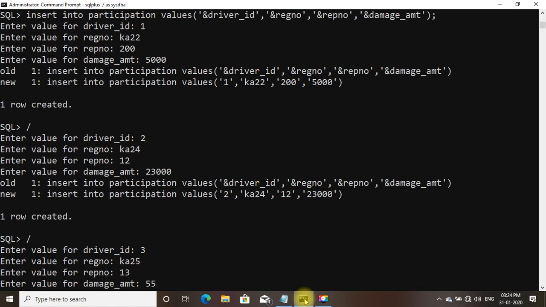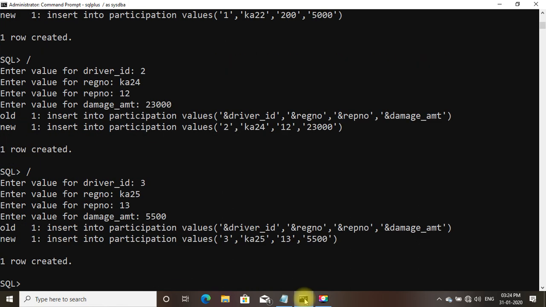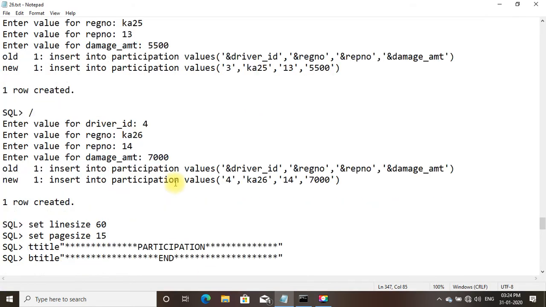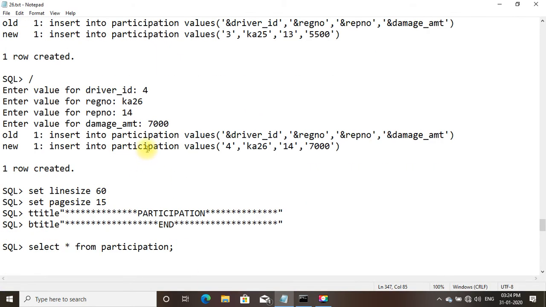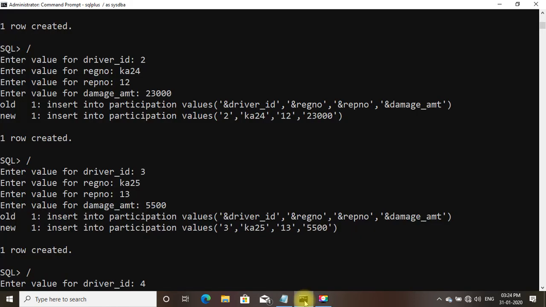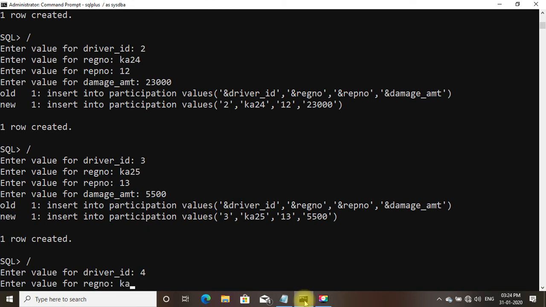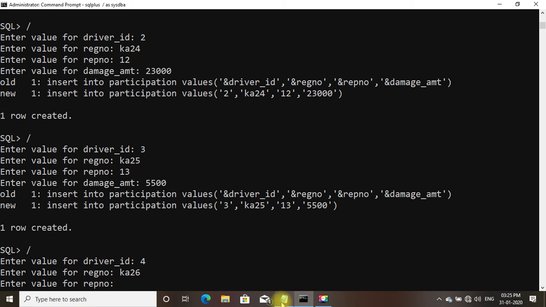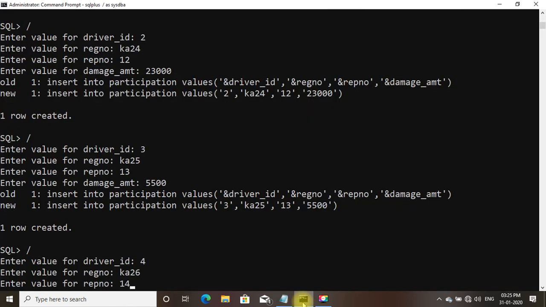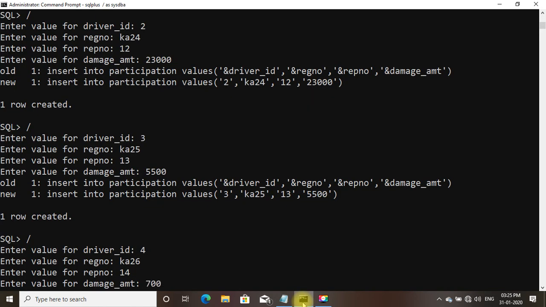Amount is 5500. We need to insert one more record. Number 4, that is KA26. Report number 14 and amount is 7000.